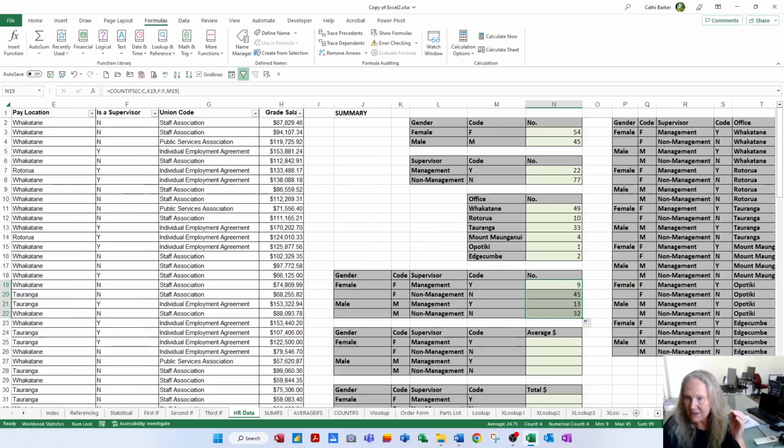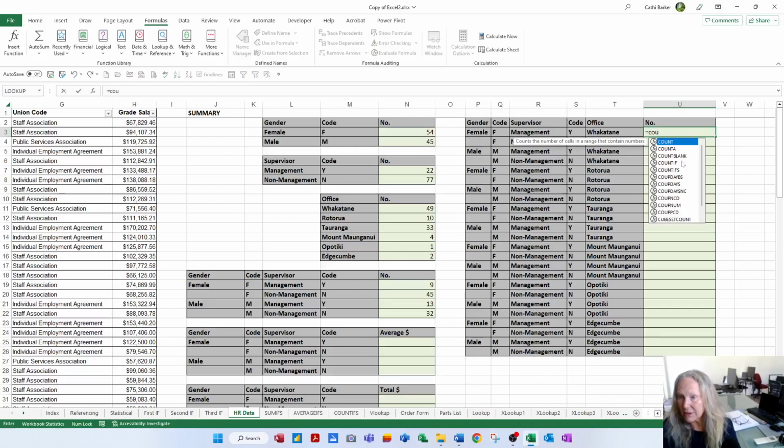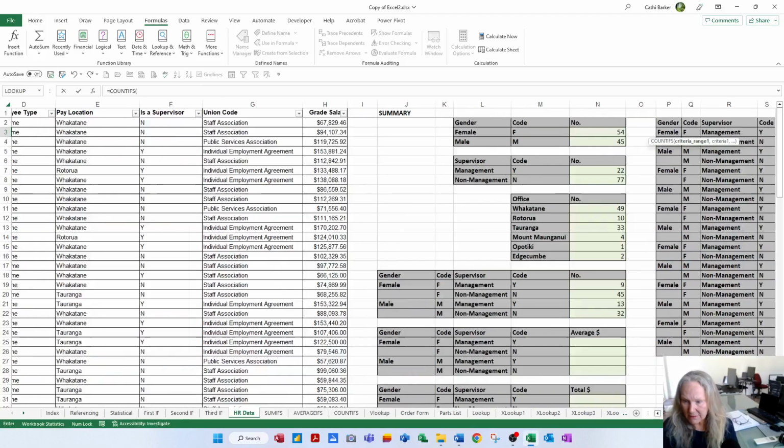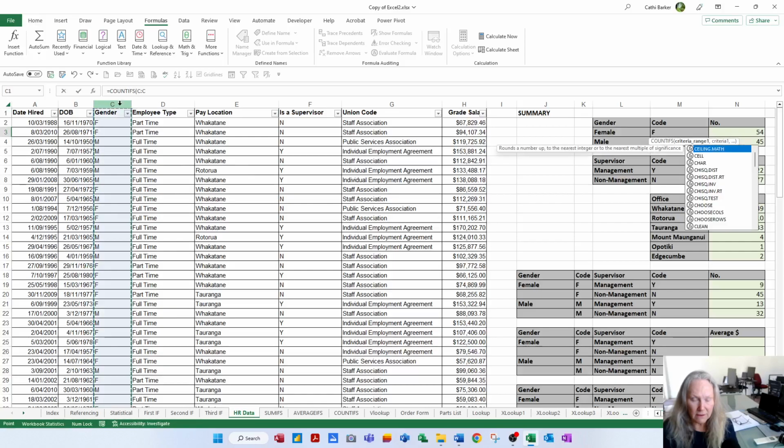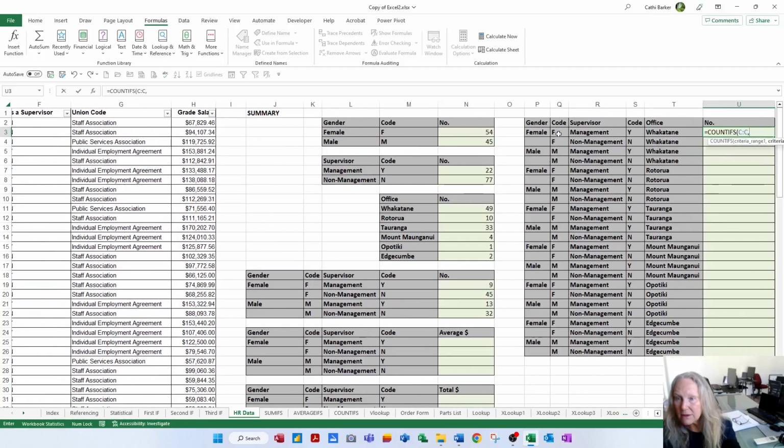Over the right hand side here, I would like to do 3 ranges and criteria. I want to know how many females and in management and in Whakatane. So equals COUNTIFS, column C, comma, matches Q3, comma, and column